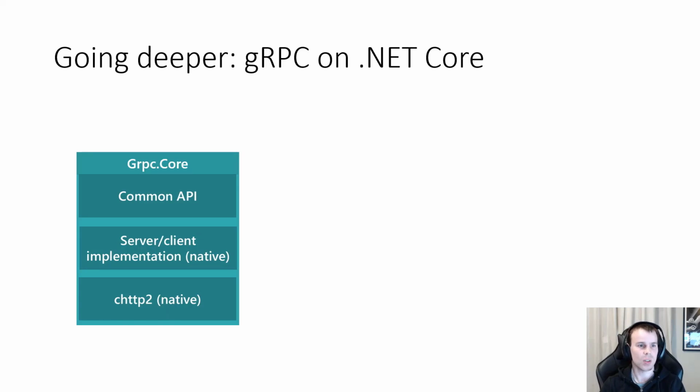So let's go a bit deeper into what we've added to gRPC in .NET Core and .NET 5. So gRPC has actually been supported in .NET for a while. gRPC Core has existed since 2015, basically since gRPC has been around. gRPC Core is a .NET wrapper of a native implementation of gRPC in HTTP2. So within the gRPC.Core package, there are C++ binaries which contain an HTTP server, a TLS implementation, a gRPC client,